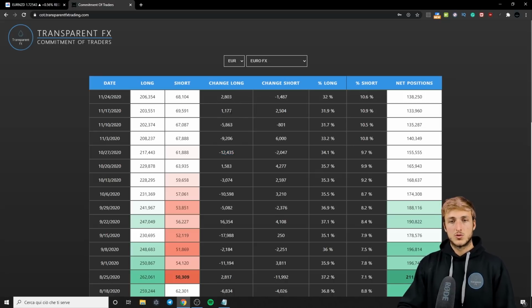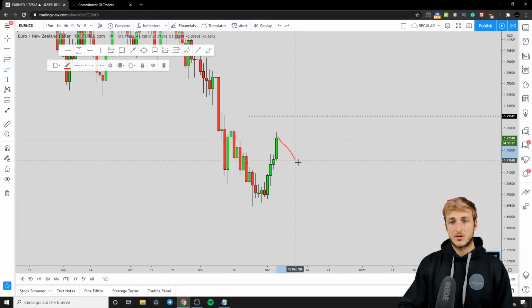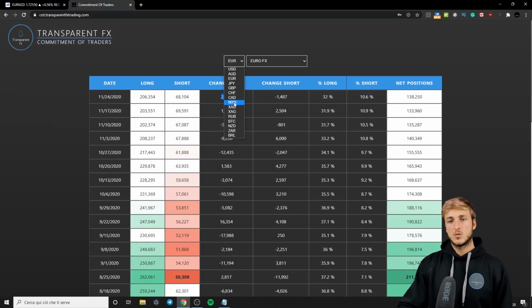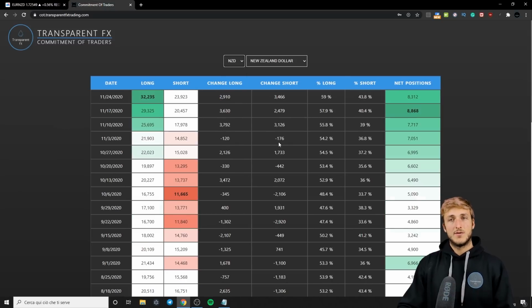But now, for two reports in a row, we see again longs getting added. So we definitely can expect more Euro strength, which means that after a retracement, we can definitely expect a continuation to the upside. And if we go and see what we have on the NZD, we see a very similar